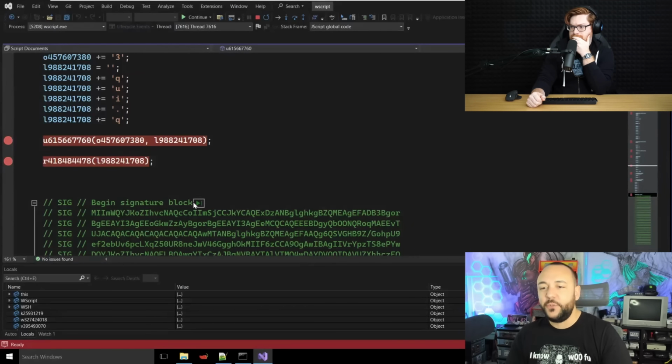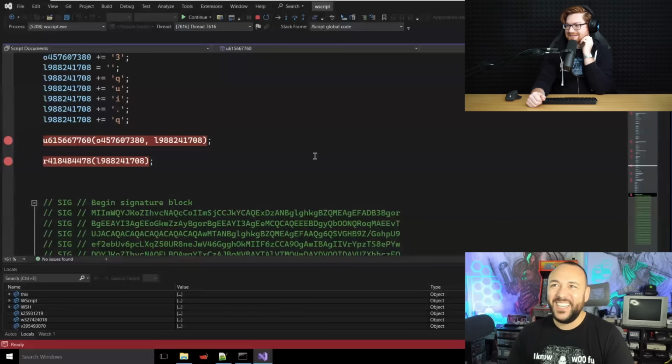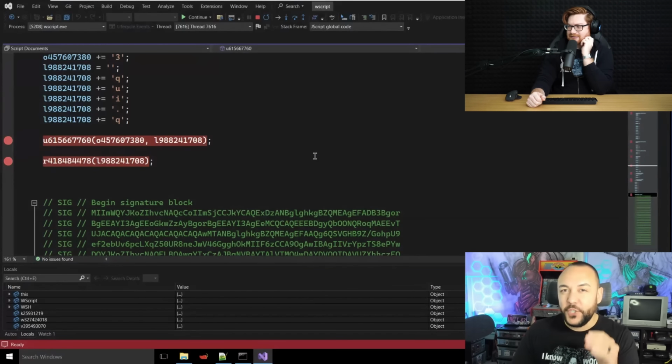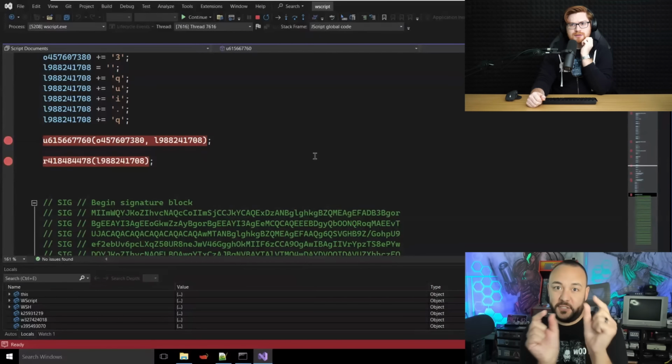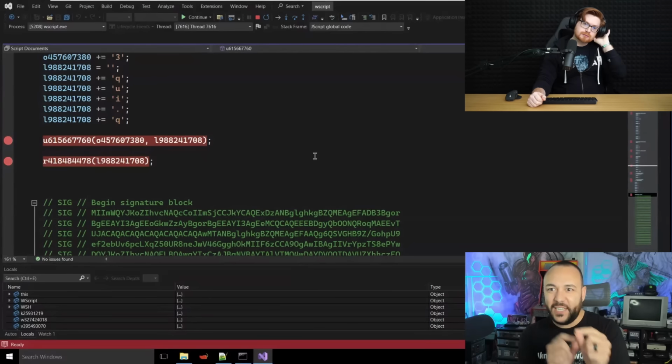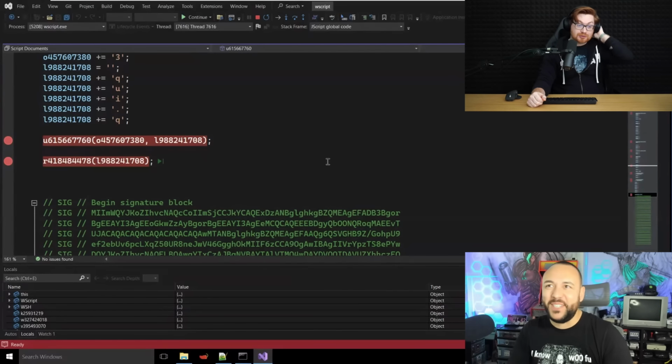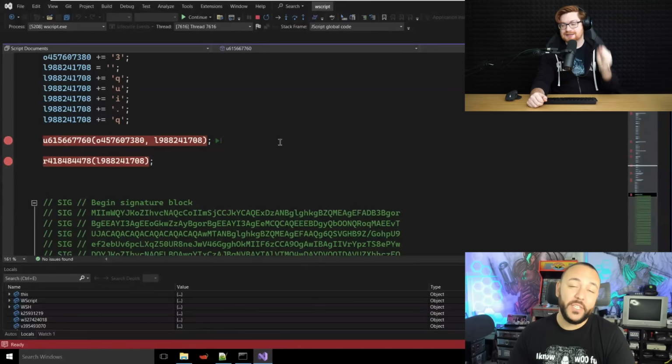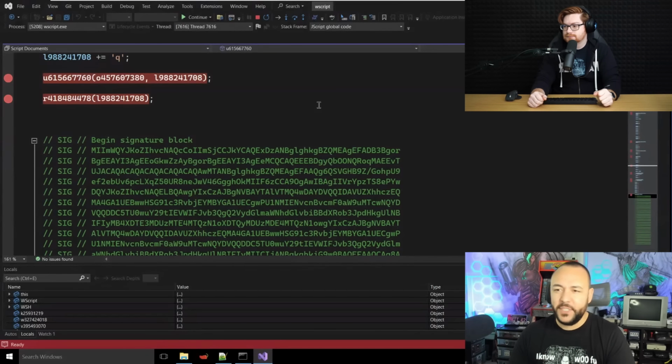I thought it was cute that they created and added a signature block towards the end. Yeah, I was wondering if it uses the signature block. I wonder if JavaScript can reference a signature block and then use that as actual code, like pull a substring from it and just use that sneakily. But cool, this particular one doesn't. But I'm interested in that. If anyone knows, drop in the comments. I'd love to know about that.